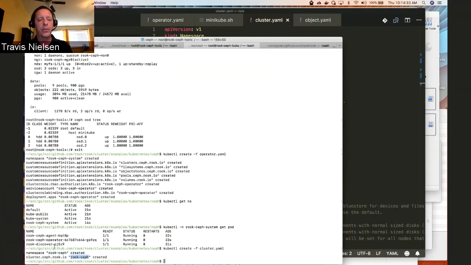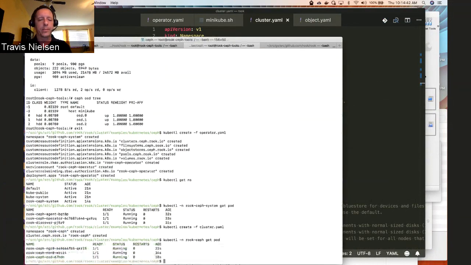So in this new rook-ceph namespace, we say get pods. So it looks like it's already completed the basic pods here. So the mon was the first pod it started up. And since I just requested the one mon, we only see the one pod. There would have been a separate pod for each mon. And the mon ID is also in this name here. We start up one manager,